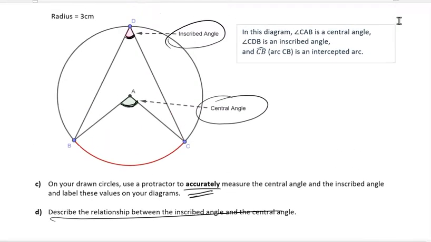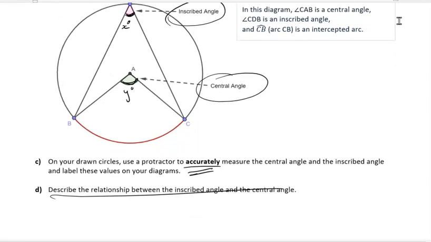I can't say anything further, but you will look at this degrees, this degrees, and compare them both. For each circle, you'll have an x and a y, for want of a better word. You'll have two angles, two measurements, and if you're really, really accurate, you can look at them and say there's some relationship between them that I can see. So describe the relationship between the inscribed angles means I look at what this degrees is, and I look at what this degrees is, and what can I